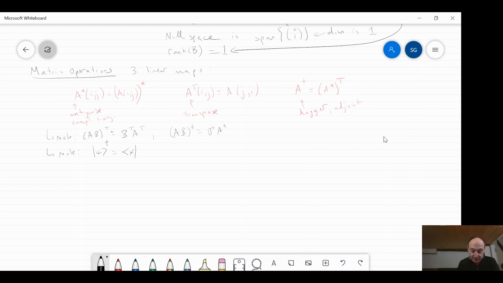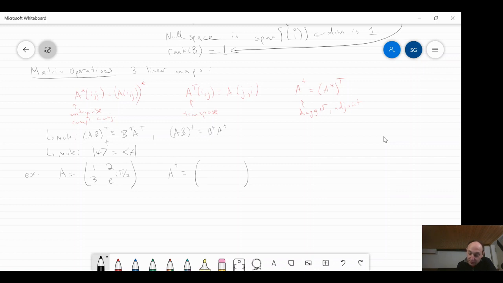So maybe let's do an example here. What is the adjoint? If I define A, for example, let's do it this way: 1, 2, 3, e to the i pi over 2. What is the adjoint of this matrix as an easy exercise? Well, we have to do two things. We first have to take the transpose, and that means that these off-diagonal terms have to swap places. And then we have to take the entry-wise complex conjugate of each entry. The only non-real expression in the matrix here is this bottom right term. Otherwise, everybody will stay the same.